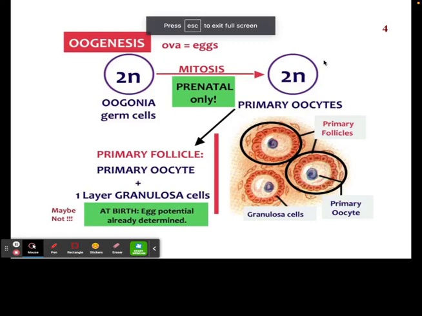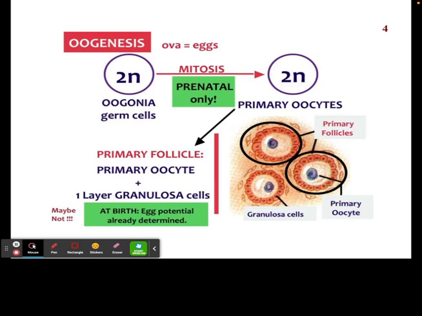Everyone. So in this video we are going to talk about oogenesis, which is the production of the egg. Now, when it comes to the production of eggs, there are two stages we need to talk about: before and after birth. And this is for the future person who's having this child. So if we're talking about the female who's going to be delivering the child, we need to talk about what her cells look like before she's born, and then what does it look like after she's born and goes through